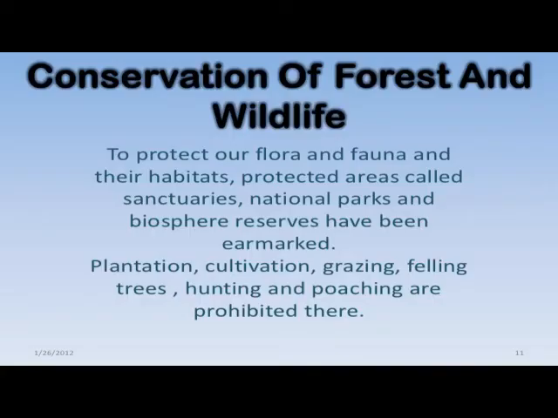Let's move to conservation of forest and wildlife. To protect our flora and fauna and their habitats, protected areas called sanctuaries, national parks and biosphere reserves have been earmarked. Plantation, cultivation, grazing, felling trees, hunting and poaching are prohibited there.